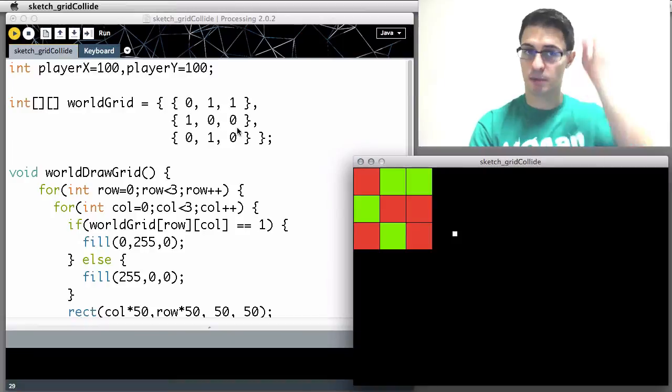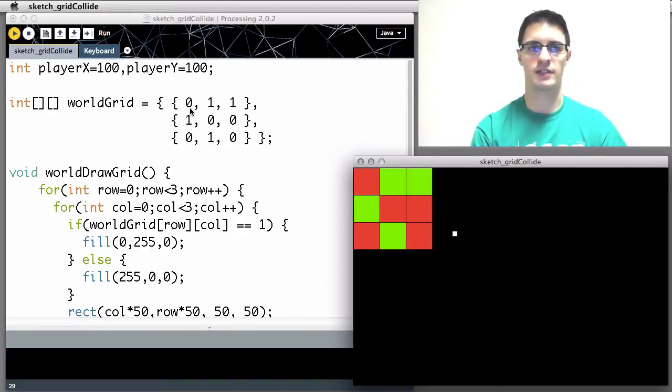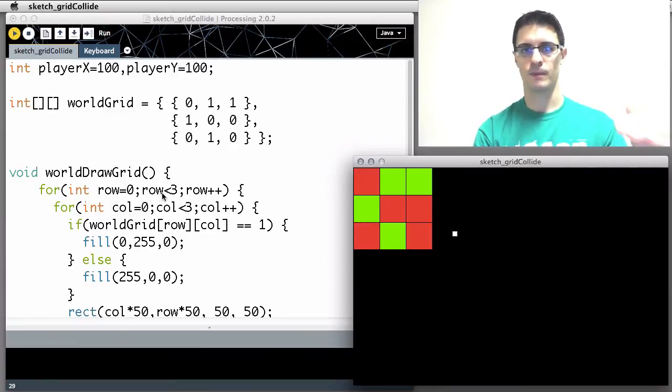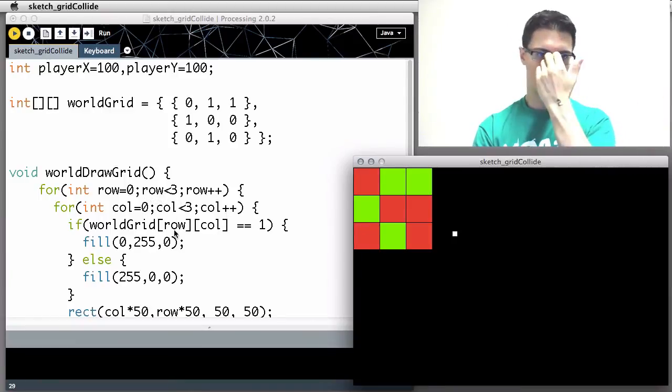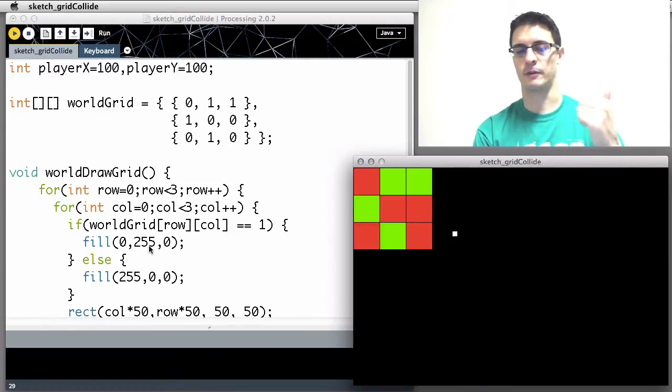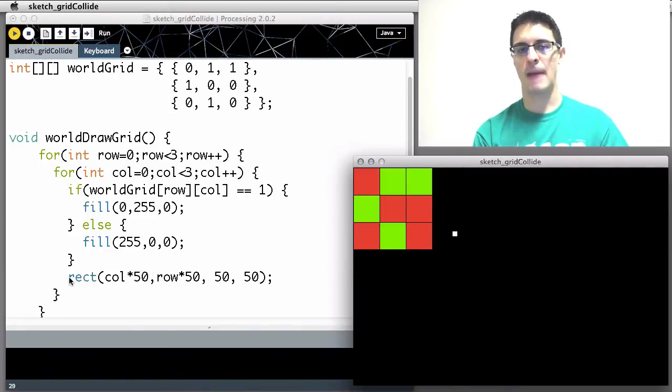And you'll see there, pretty plain as day, that's our world grid. See these layouts of zeros and ones? There's a 0, 1, 1, 1, 0, 0, 0, 1, 0. And all we're doing here is we're looping through, again, row by row, within each row, column by column. We're checking to see if the value at that row and column in the world grid, this 2-dimensional array we've arranged up here, is 1. And if it is, we're priming the color to be green, which is why you see greens correspond to the same pattern of ones up here as you see over here. Otherwise, we're setting it to red, and then we're mapping a rectangle to that multiples of the tile width over